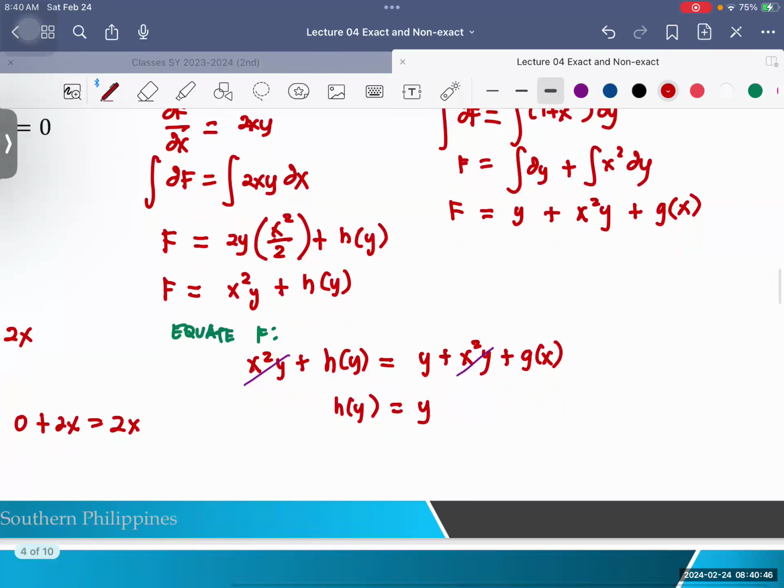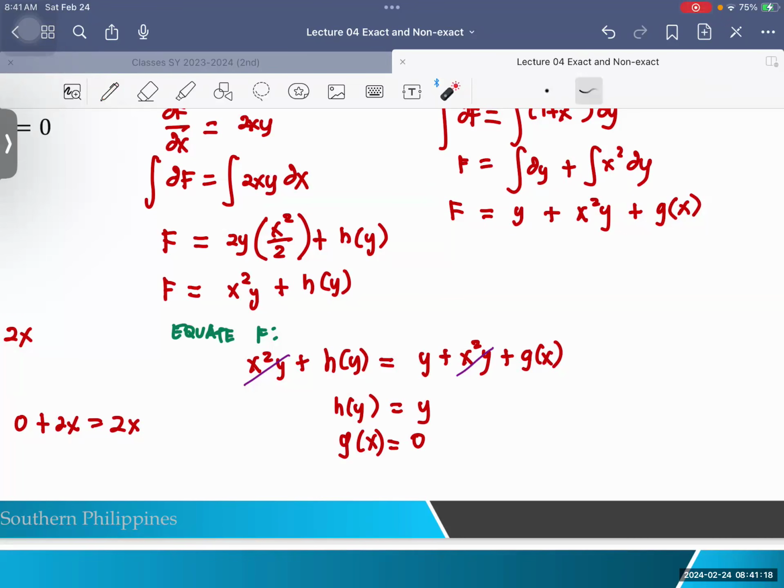Okay? And then, ang g of x nimo, class, nga nasa imuhang right side, pangitaon po nimong equivalent niya nga functions purely function of x nga nasa left. Karon wala man tayo purely function of x dira no nga nasa left side. So that means we can deduce nga ang ato ang g of x there is equal to 0 lang. Okay? And then if you get now the expression of your h of y and g of x, pwede na din, class,